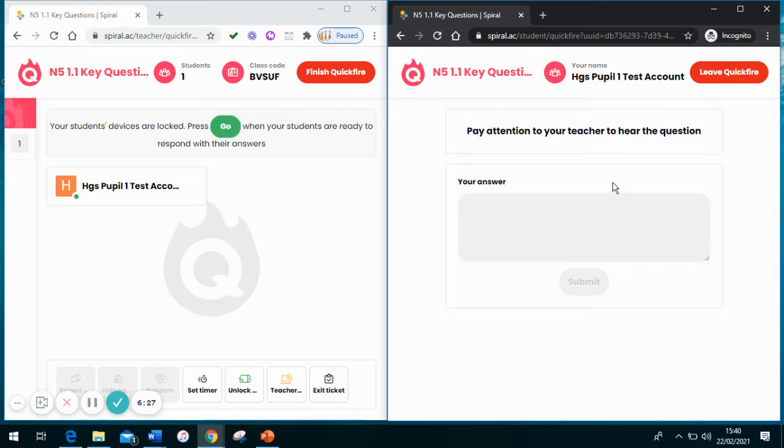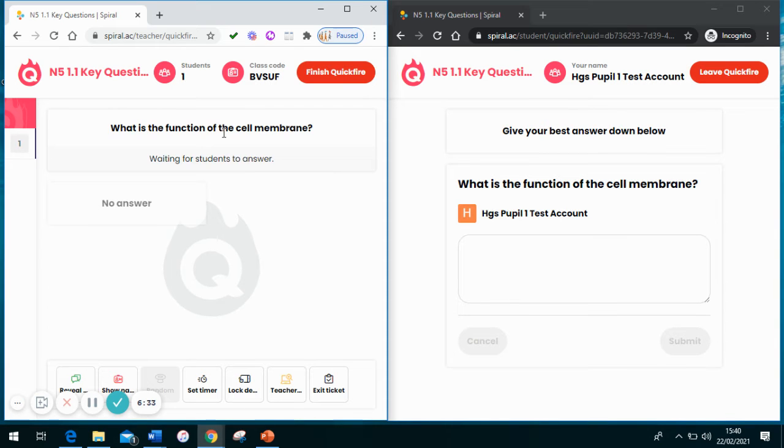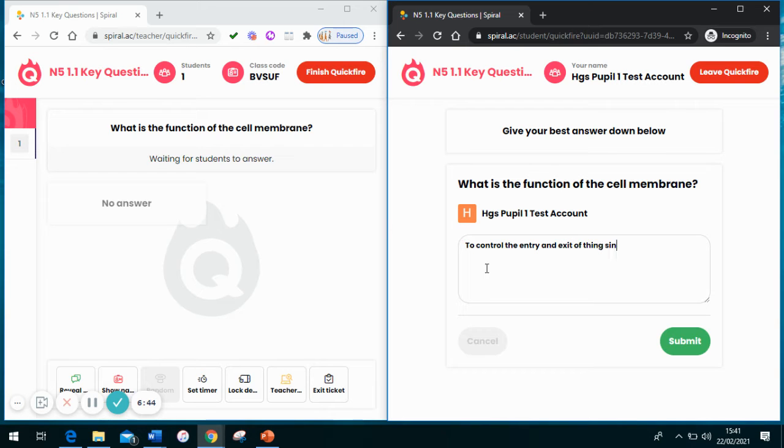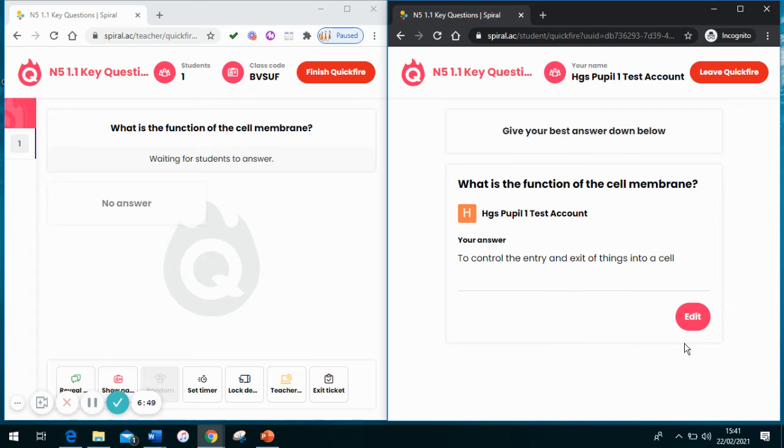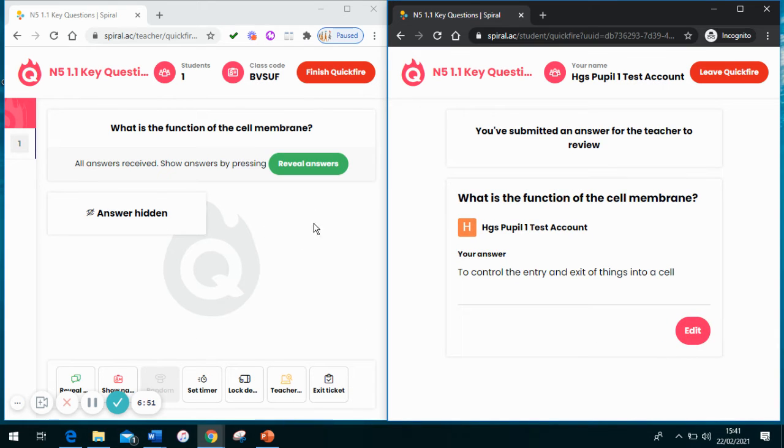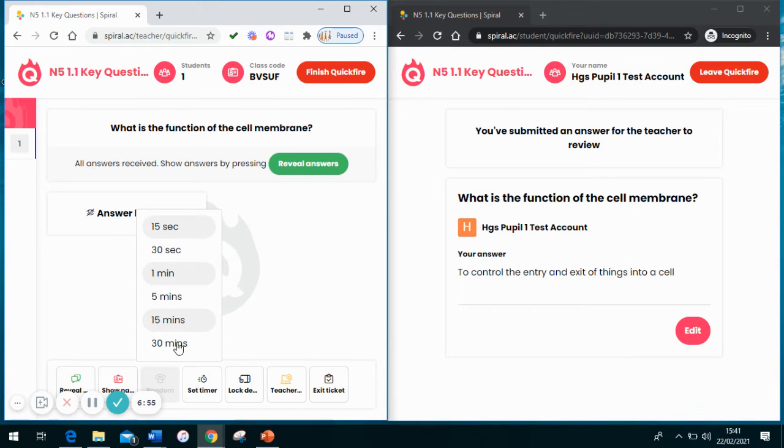Okay, pay attention to your teacher to hear the question. I wait until they all log in, and when we're ready, we hit go, and the question appears at the top. Okay? And as they start to submit, you'll start to get hidden answers appearing. Okay? You can set a timer here if you want to start to push them towards a time, and you reveal answers, and you can start to think,